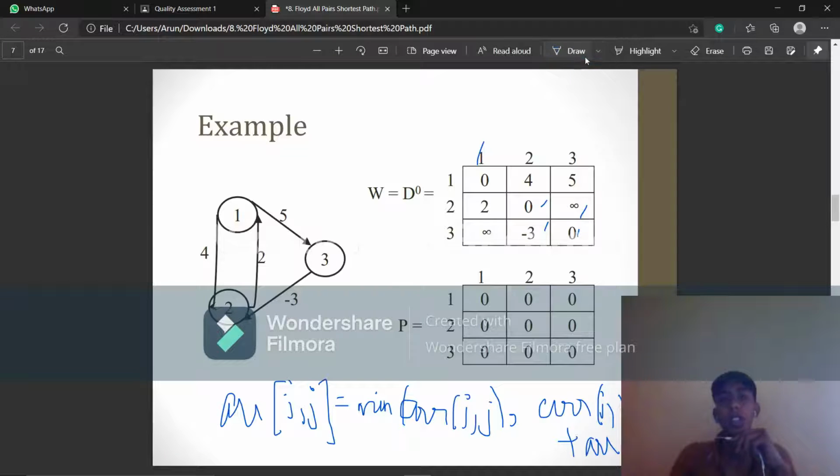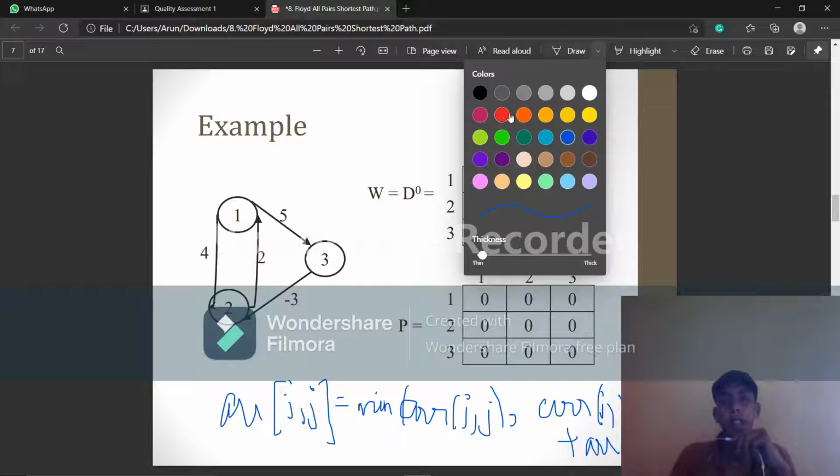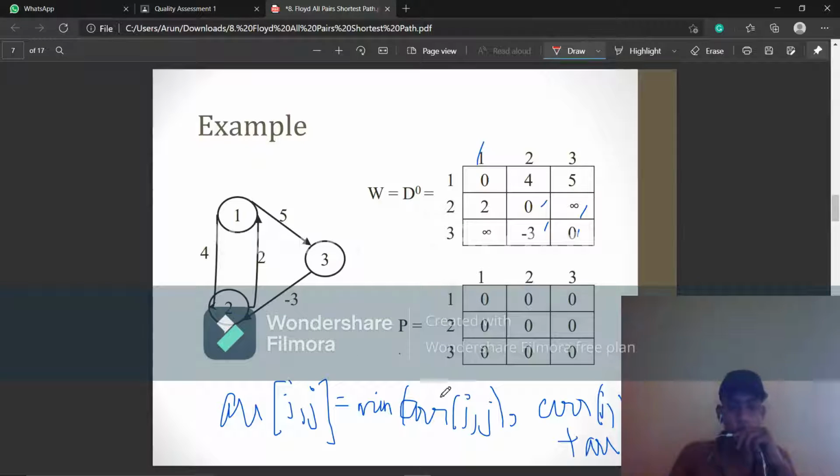Here k is the intermediate vertex. Initially k will be 1, starting from 1 to 3.